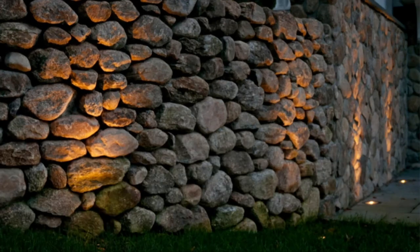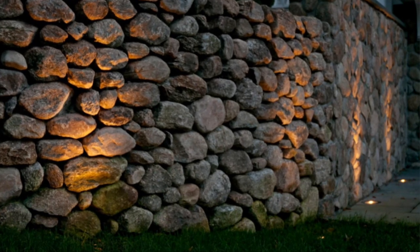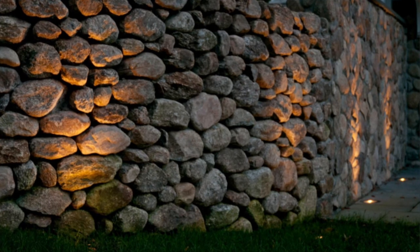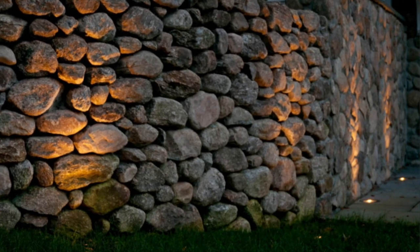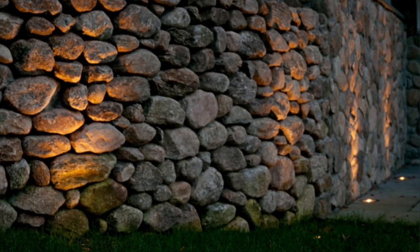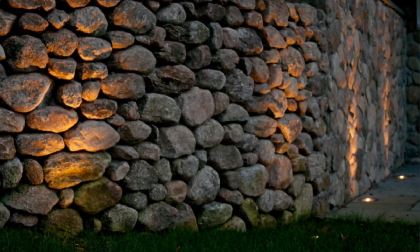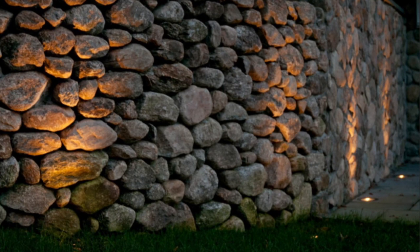I love this grazing effect. In the daytime, you see those rocks. At night, those shadows really make that stone pop. Those are all done from the bottom, Sean? Yes. Yep, from the ground. Well lights that are recessed. And how'd you get those into that flagstone or the bluestone? I have those cut by a company that has a laser cutter. They cut steel and they cut stone. So an 8-inch circle, and then we just recess the fixtures in there so no one trips on them